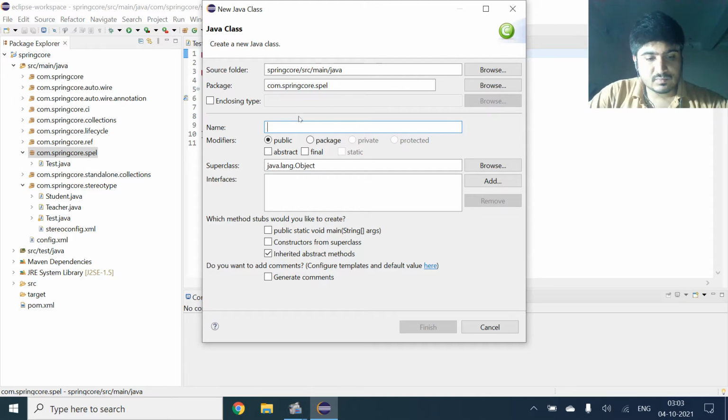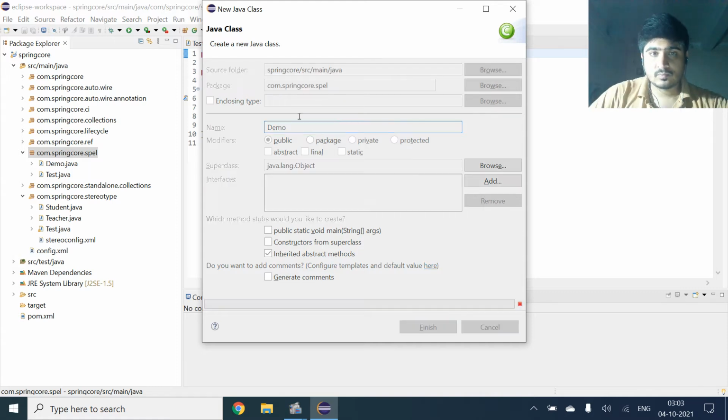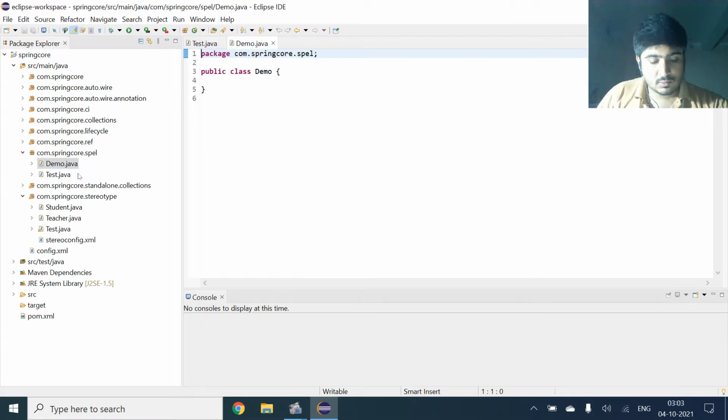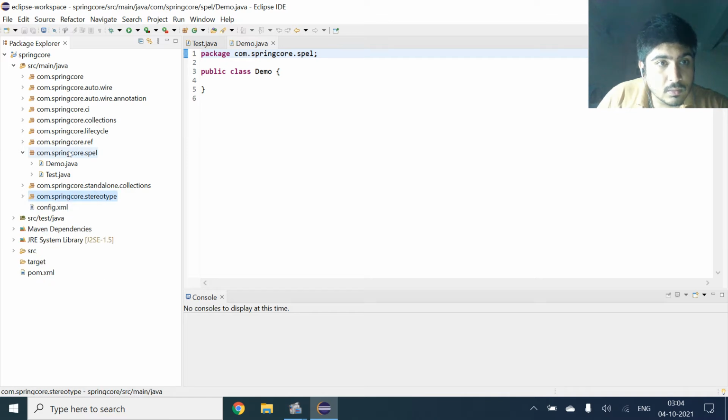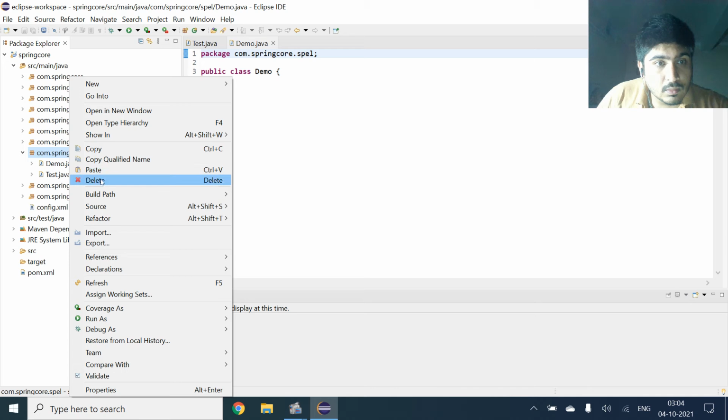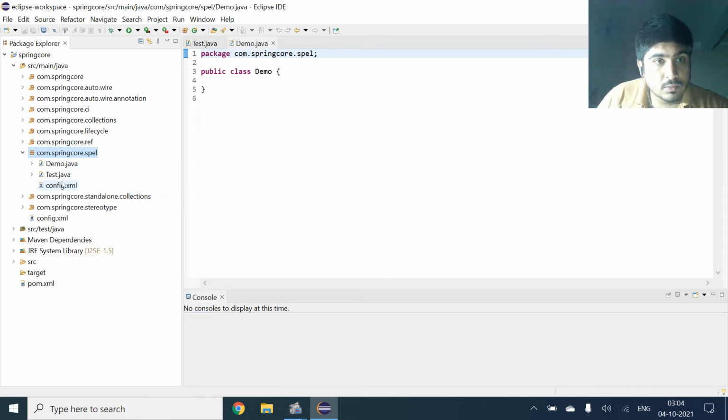You can say temp or student, any, just say temp. Now we will copy the XML file and rename it.